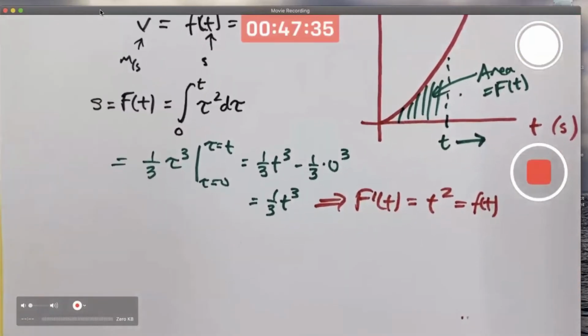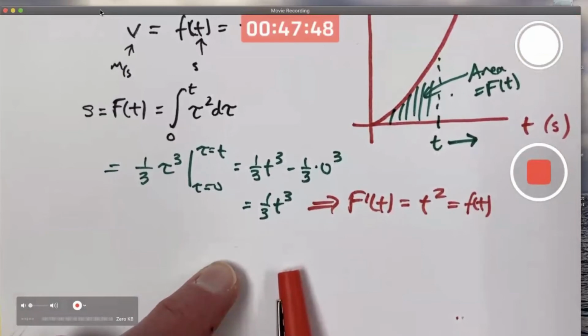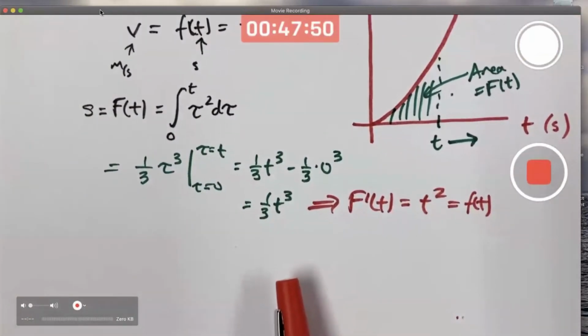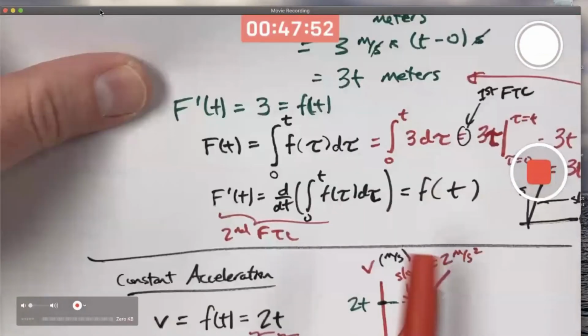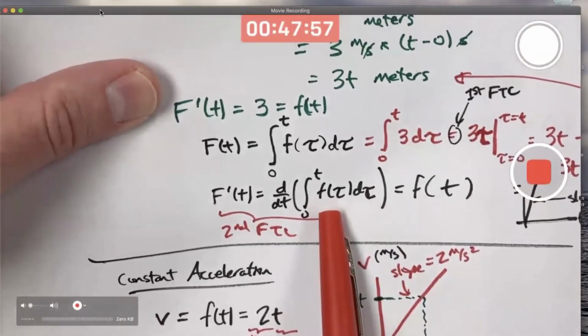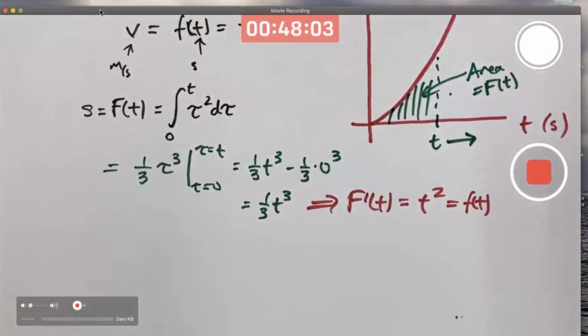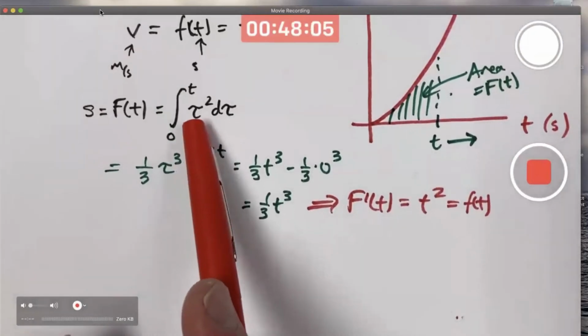So we confirmed the second fundamental theorem of calculus with the first fundamental theorem of calculus, but the second fundamental theorem of calculus is still true, even if you can't use the first fundamental theorem to confirm it. And the fact that this equation is still true, even when little f is complicated, is still useful. Even if you can't use the first fundamental theorem because this function is so complicated that you can't figure out